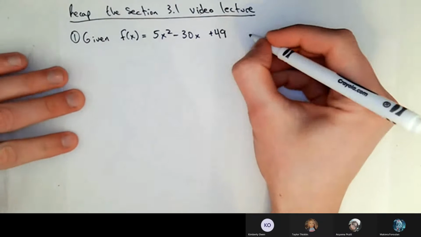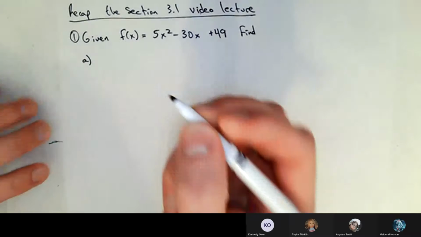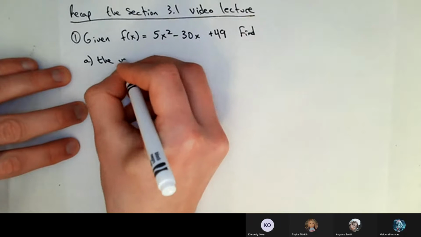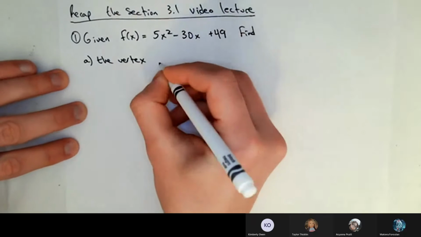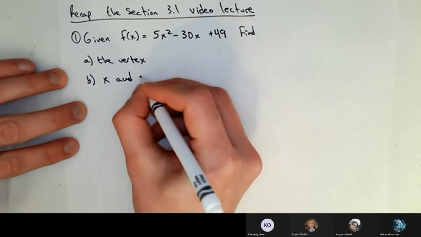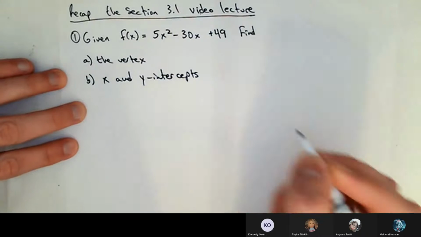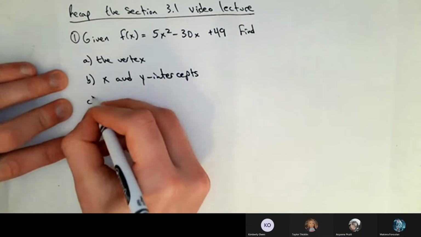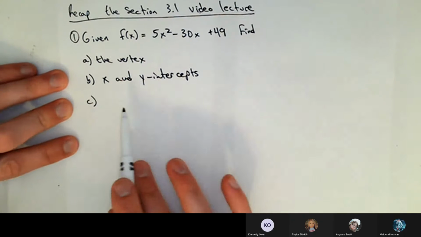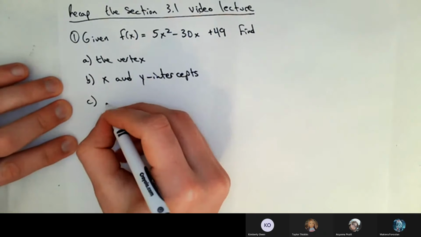Well, we want the vertex. We want x and y intercepts. So we're going to find the vertex, find the x and y intercepts, find the